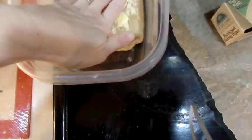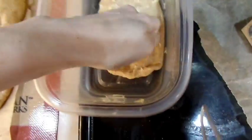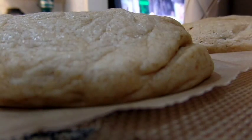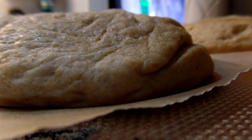And I'm going to take my pizza dough. I'm going to spread it around and slide it. Rub it in there good. And this will be so good when we're ready to eat it. Then I'm going to do that with these others here. I'm going to take some paper and cut it, put it down on top of this one,